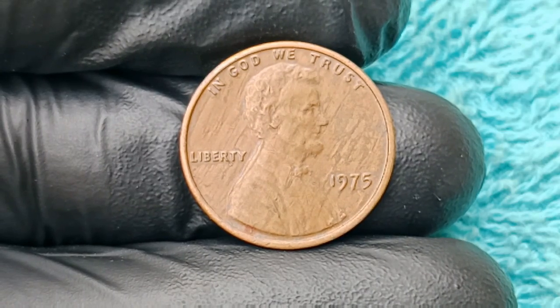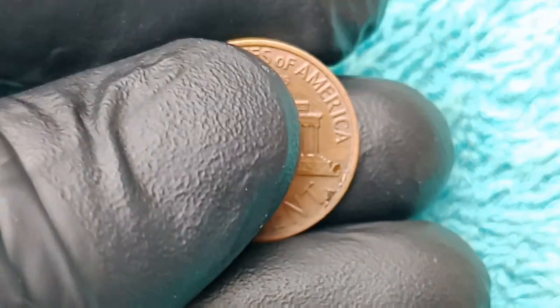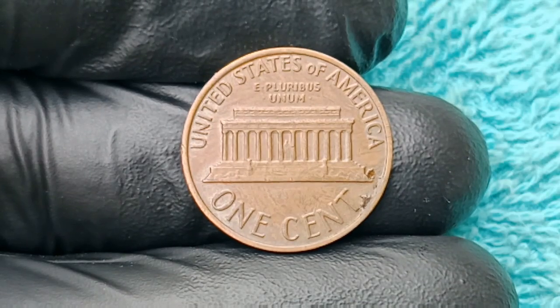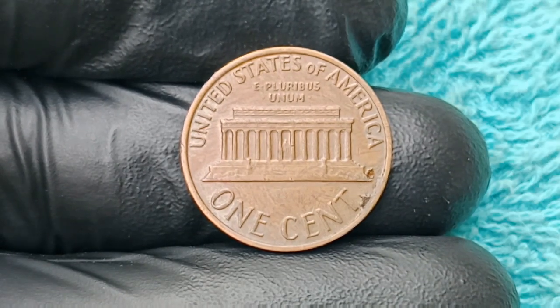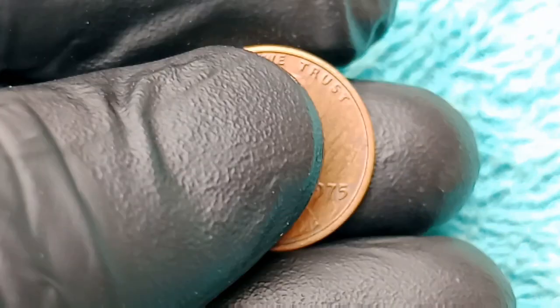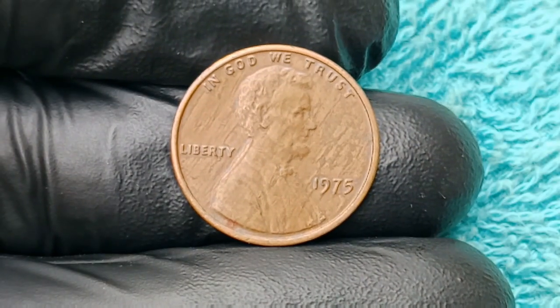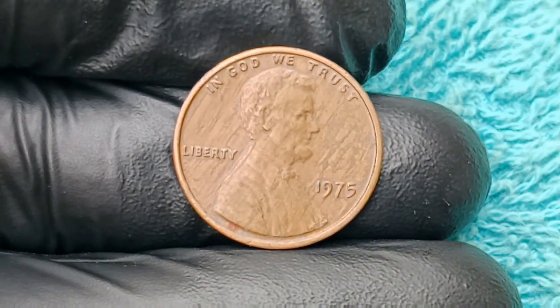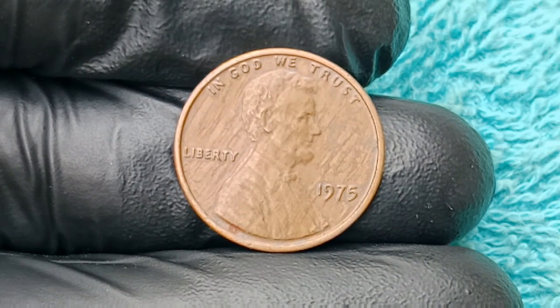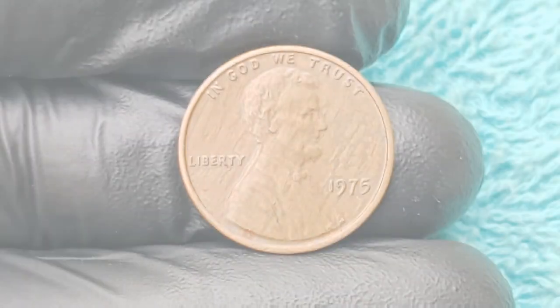But nothing could prepare collectors for the shock of what was discovered in this particular 1975 cent, a coin that combined so many different types of rare and valuable minting errors into one piece that it was almost too surreal to be believed at first glance, with some calling it a fluke of fate and others dubbing it the perfect error. And upon magnified inspection and deep analysis by grading experts at PCGS and NGC, what became apparent was that